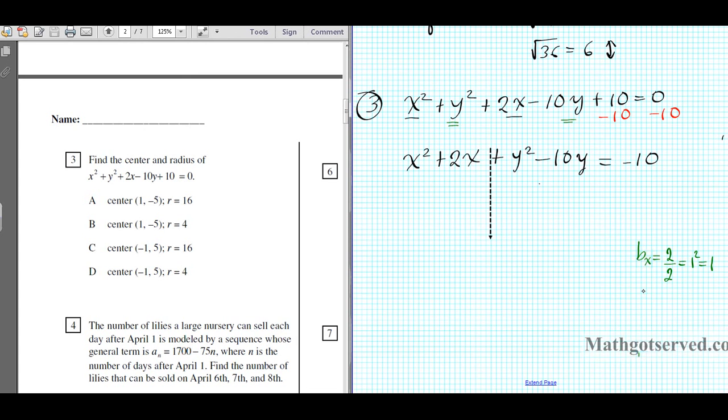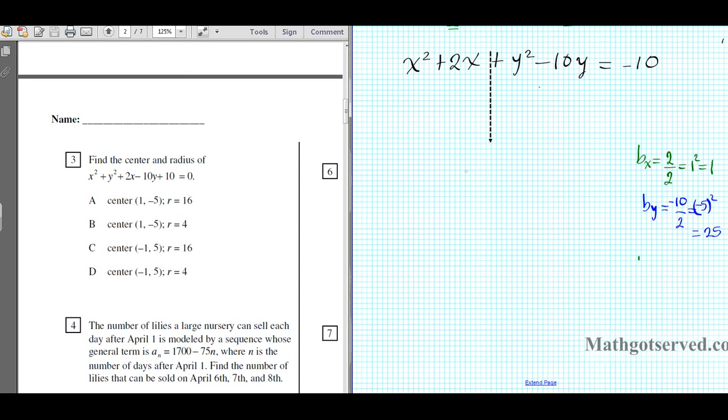And then in the y world, b of y is negative 10. Divide that by 2, we get negative 5. And when we square that, we get 25. All right, so that completes the square in the y world. All right, so let's go ahead and insert those values. So we're going to have x squared plus 2x plus 1, and then plus y squared minus 10y plus 25